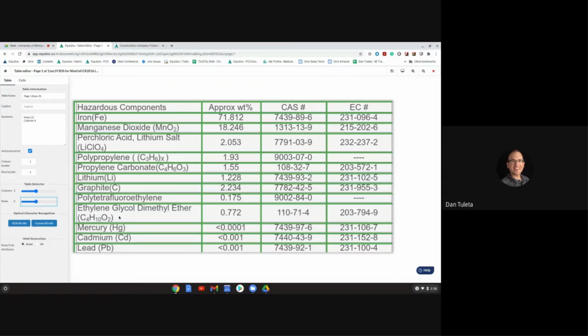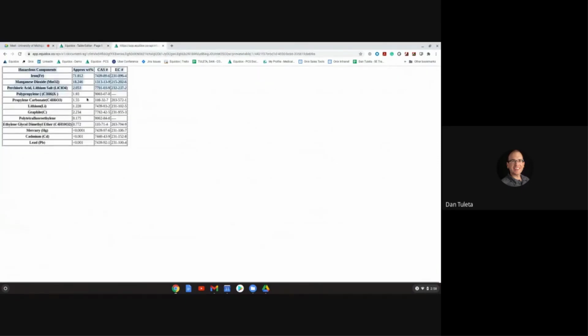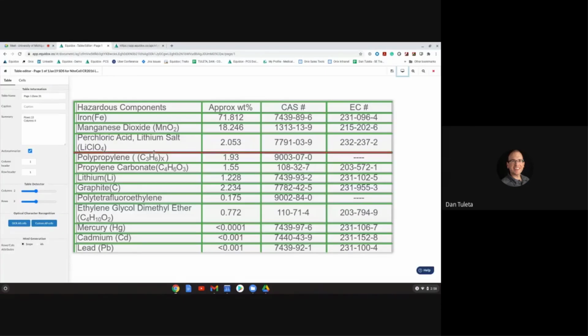So something like that should be just about perfect. So when I refresh this or when I look at the preview, I'm going to have a nice clean HTML table. And that's really all there is to it. When you have a nice table that has good structure to it, where it wasn't